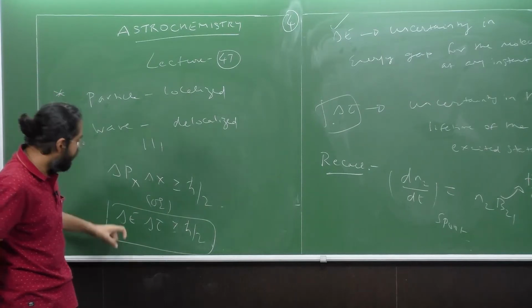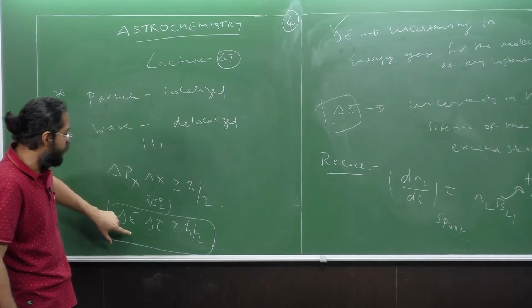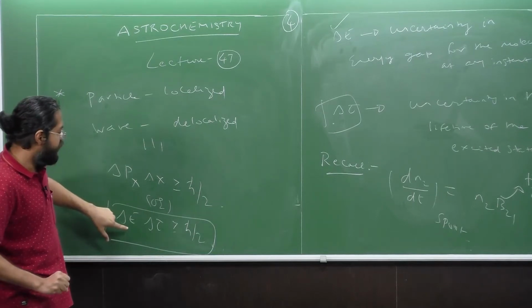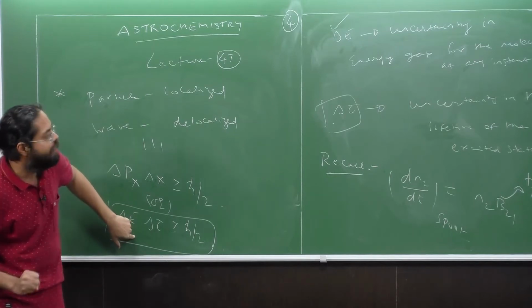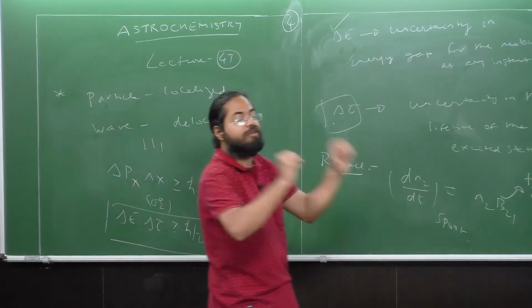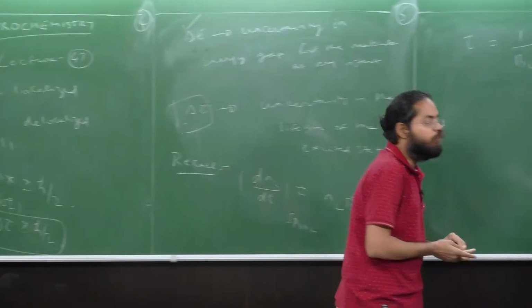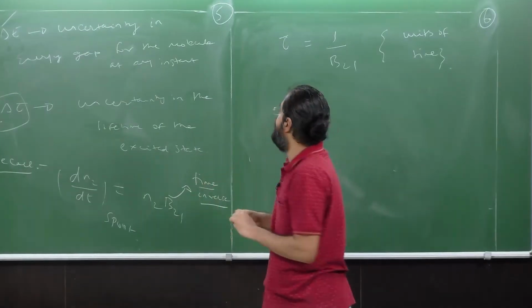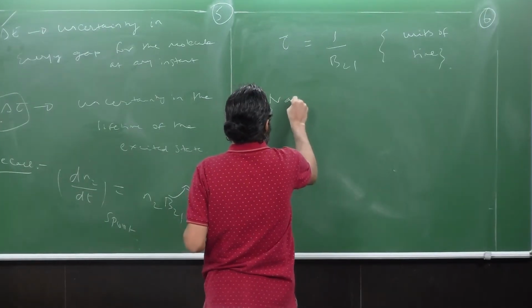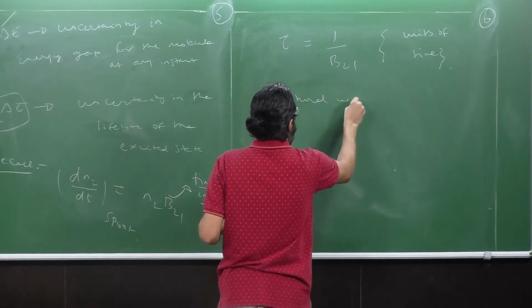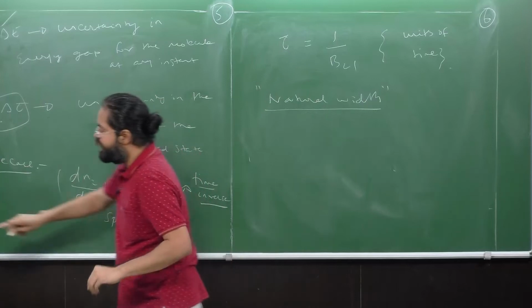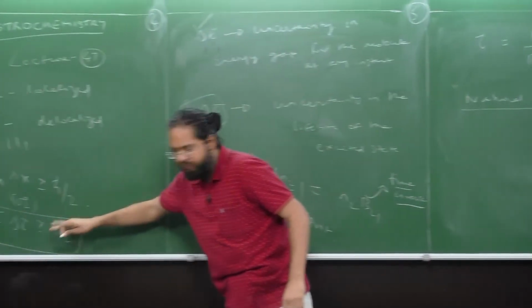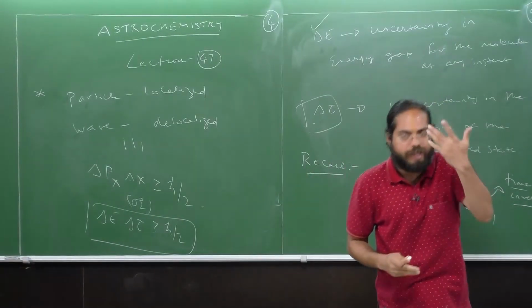Now, due to the finite nature of this, due to the idea that both of them cannot be simultaneously precisely obtained, we're going to have a width to a line. And this is what is called the natural width. Now, starting with this expression, that is your delta E times delta tau is greater than or equal to h bar by 2, it can be shown